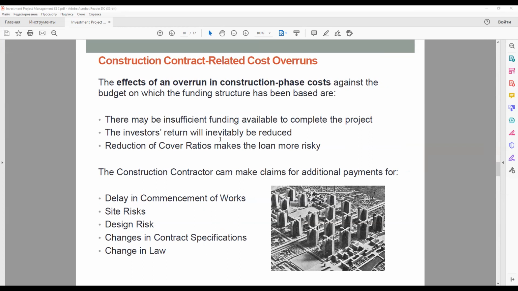The effect of an overrun in cost in the construction phase against the budget on which the funding structure has been based is that there may be insufficient funding available to complete the project, thus forcing the sponsors to invest funds for which they have made no commitment to avoid the loss of the investment. So you have to invest more to not lose what you have already invested,